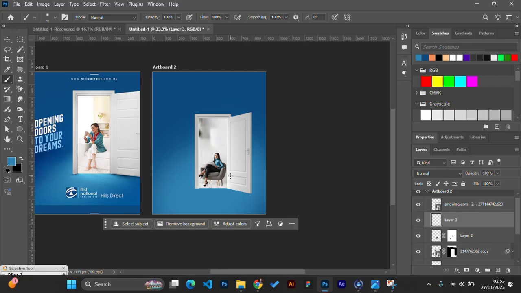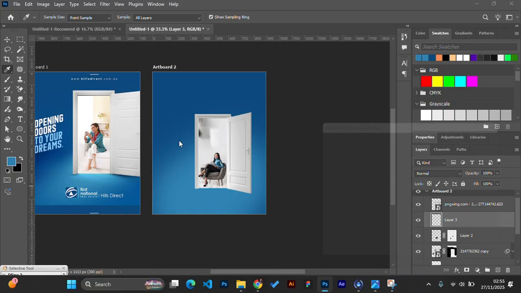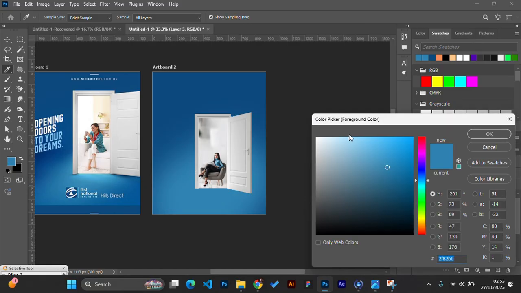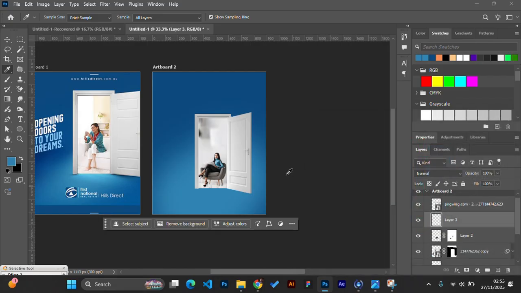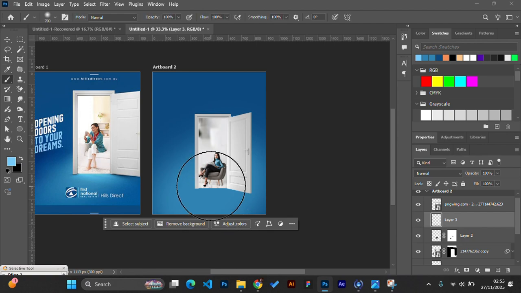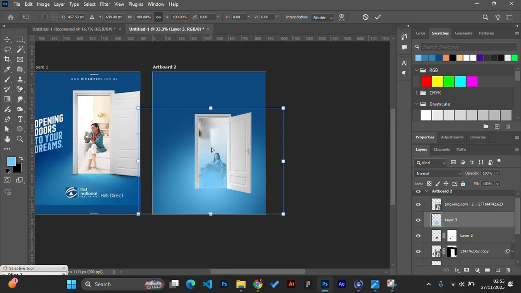Let's add the glowing blue background behind. Then let's select a very light shade of blue. I think this looks okay. Then let's brush once behind the door,